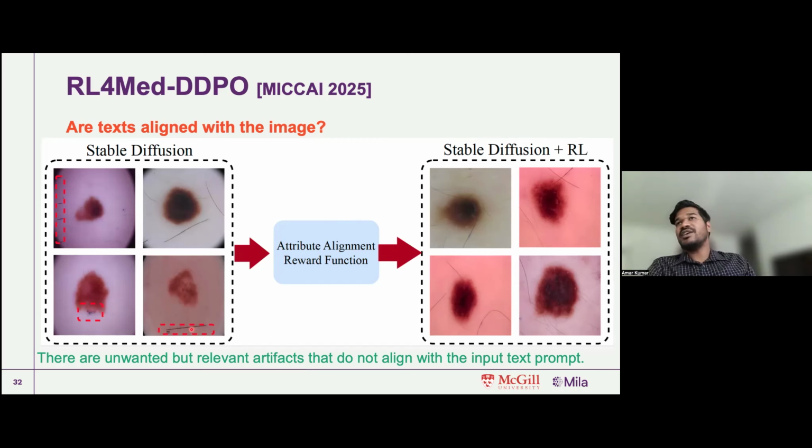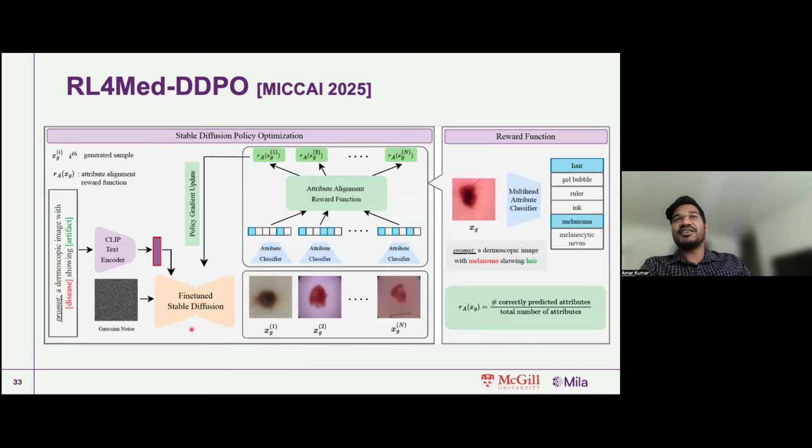So what we did over here, if we look at the network architecture, is we simply added a reward-based function. We borrowed this idea from reinforcement learning, and I guess it is also one of the first frameworks proposed for having reinforcement learning in medical imaging, where we are improving the performance of image generation. And the secret sauce lies in this right-hand side, which is the reward function. The left-hand side is the same architecture that I explained in the context of Prism and chest X-rays.